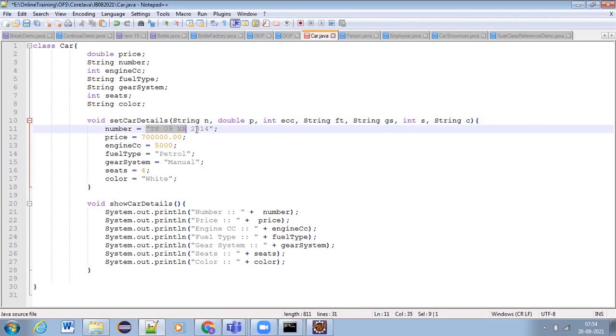And then here, instead of this, what do we need to write? In place of number, what should come? This n, the parameter defined for this method, that should come here. Understand the purpose of parameterizing our methods. Are you getting the point, guys? Very important. How should we decide parameters for our method, or when should we parameterize our method?